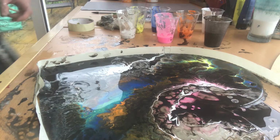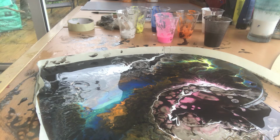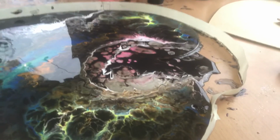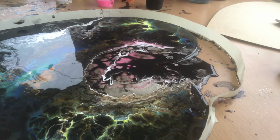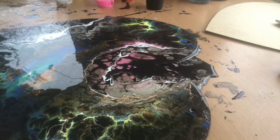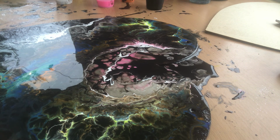And I have to say, I love it. I can't lift it up, but I hope you can see. Just pull this off for a sec. Then you should be able to see all